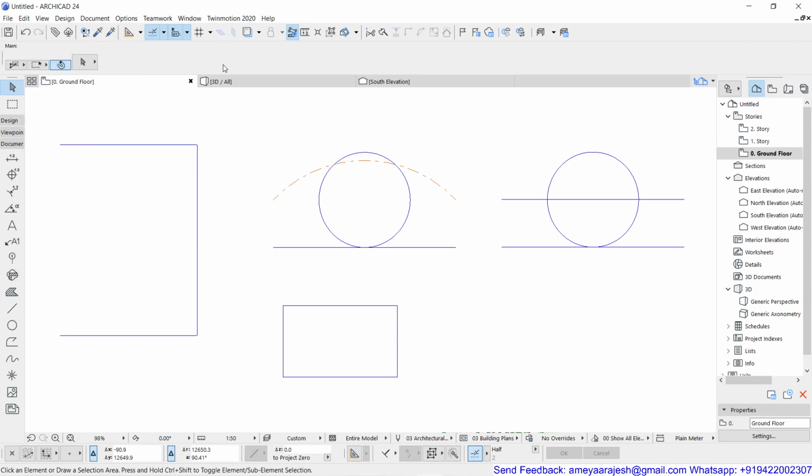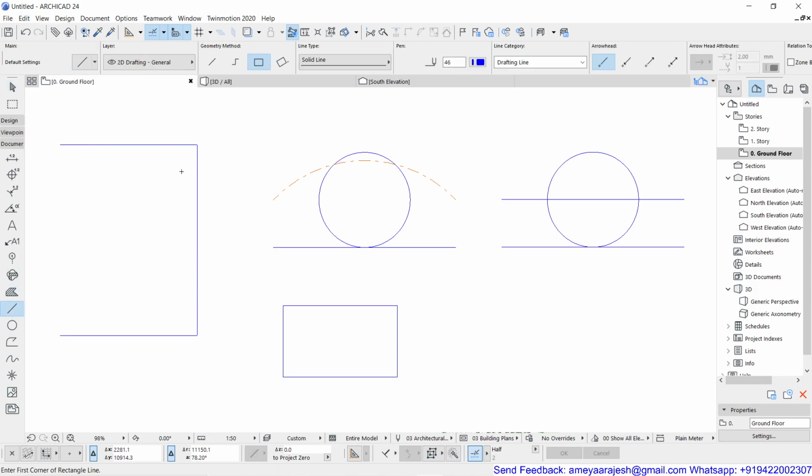So now if I try to place this rectangle again, a similar rectangle, maybe 2500 and 1500 I guess, you just check out, the objects are looking identical.